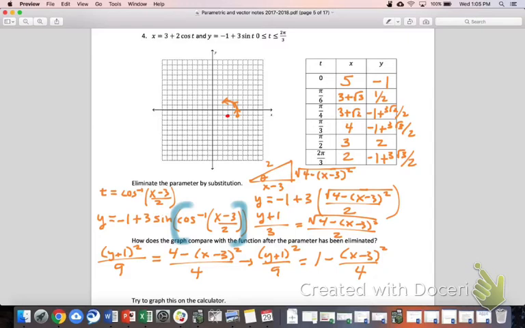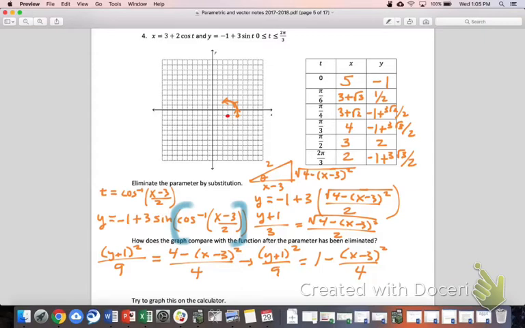But I leave the cosine of t and the sine of t the same, so it's like x minus 3 over 2 equals cosine of t. Okay, so say it again. You said x minus 3 over 2 equals cosine of t. Yep. And then we have y plus 1 over 3 equals sine of t. Yep. And then I just square each of those and set them equal to 1. Nice. Now, okay, so if you square each of those,